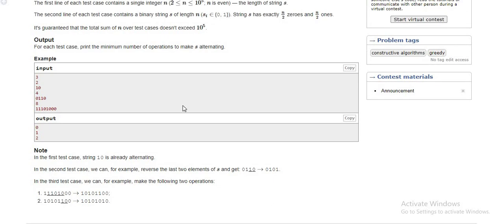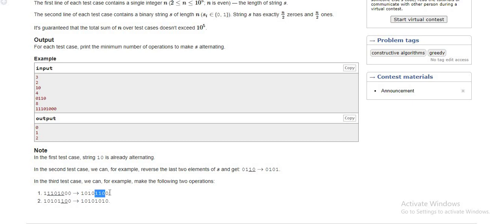So basically we have to perform one operation to swap those. Okay, same is the case with this string which has length 8. Here you can see the total number of operations required is 2. Basically, you can see in the description that initially you have this string in this form, and you shift this 1101 to the end.